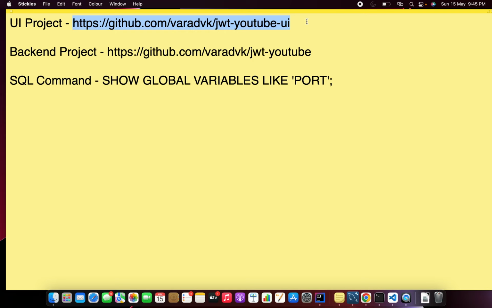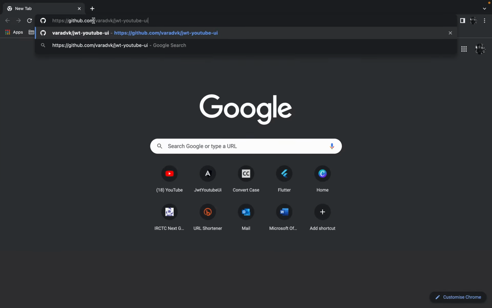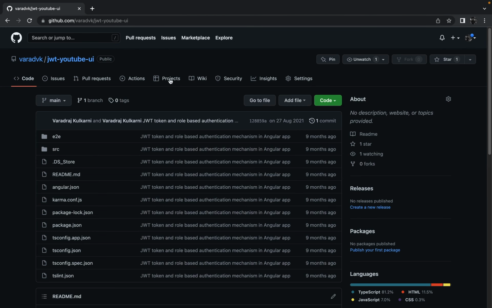Whenever you get any new requirements, you can just clone those repositories and start working on them. So without wasting much more time, let me copy this UI project link. Let me go to Google Chrome and hit the URL, and over here you will see that there is one GitHub repository opened, which has the name